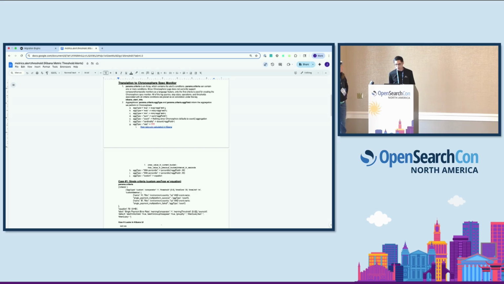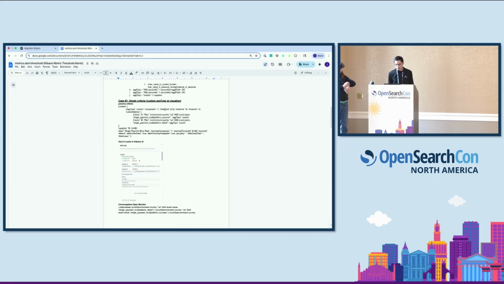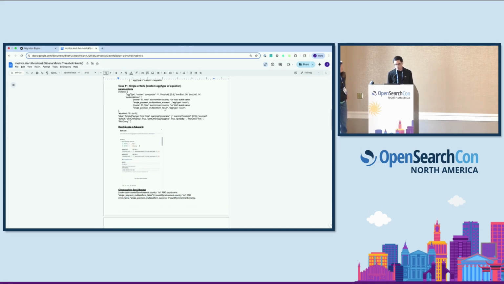So it's going to be in this params criteria field, where our aggregations are. And a big data challenge that we had was the number of different paths that an alert can take. For instance, one path is that we can have a single criteria for the alert, and in this case it's a custom aggregation type, and that's typically associated with